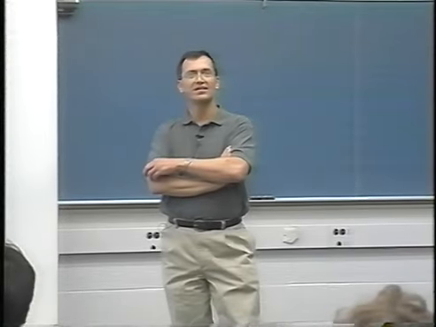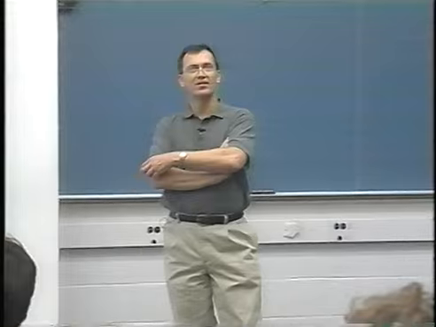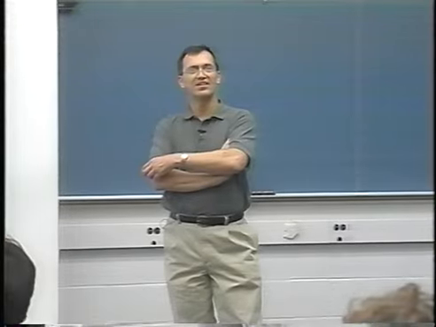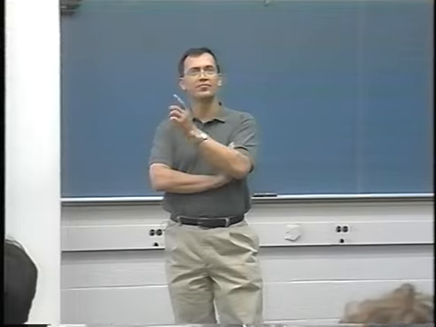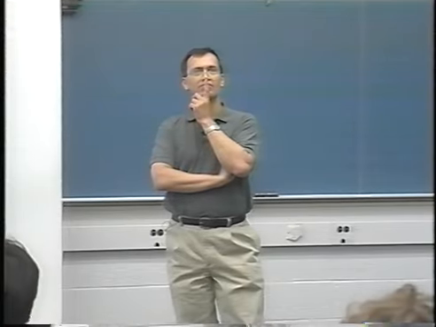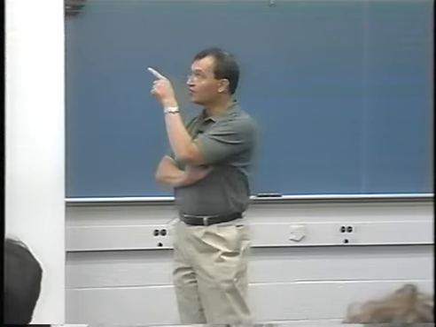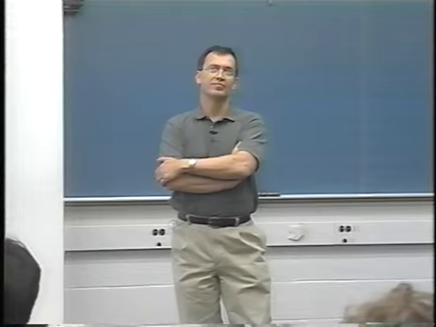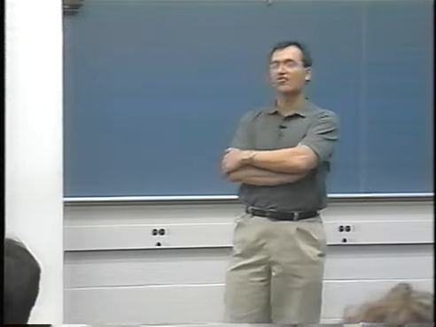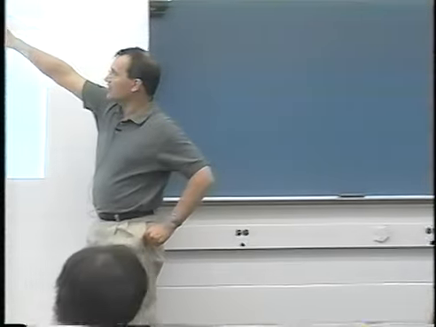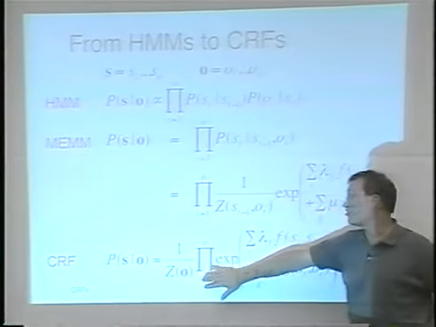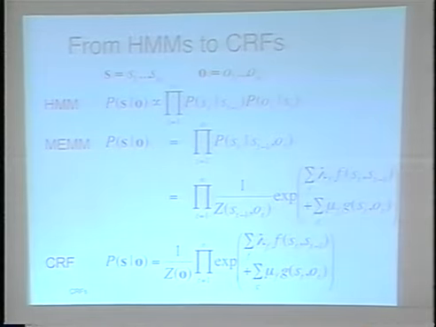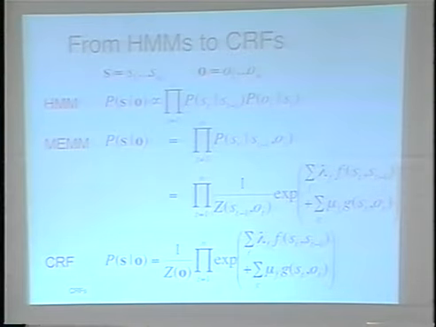But if you did the same thing, you could still have a conditional criterion for an HMM where you're representing the probability of S given O. And the underlying statistical model represents the same set of independence statements. Not on the observations, no, because in fact, notice that this model has a per-state or per-observation normalization, which this one does not. So in fact, you can have the following thing you cannot have in an HMM.